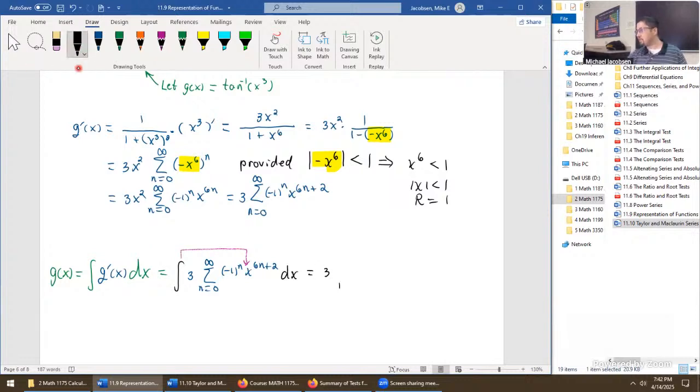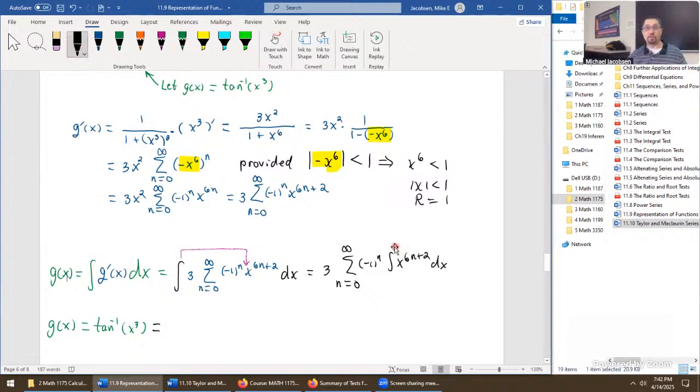So this is 3 times, maybe before the 3, that should be fine. 3 times the sum from 0 to infinity, negative 1 power of n, integrate x to the power 6n plus 2 dx. So that's where the integral sign lands. On the next step, we're actually integrating. So g of x, which was equal to tangent inverse of x cubed, is equal to,